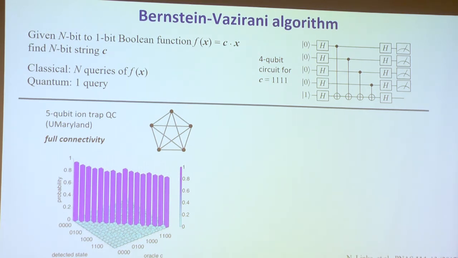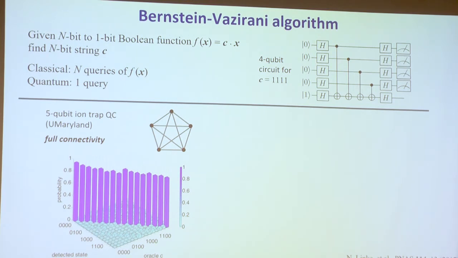Our gates are about 98, 99%, and there are several of them, so there's some errors. And you can see the errors are sort of crowding up in here. So 90% or something like that. You know, nothing to write home about. It's only 5 qubits. But it's a top-down algorithm, a textbook algorithm.